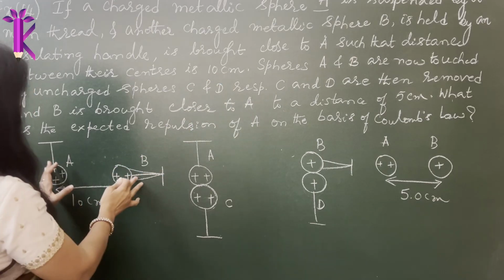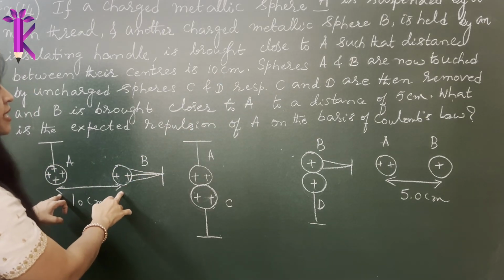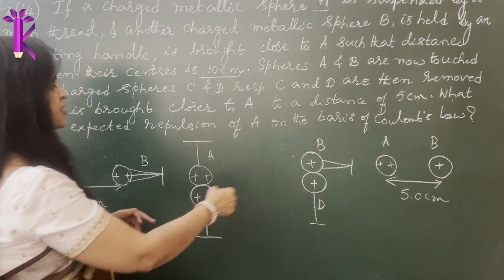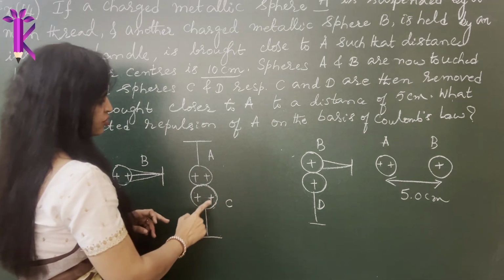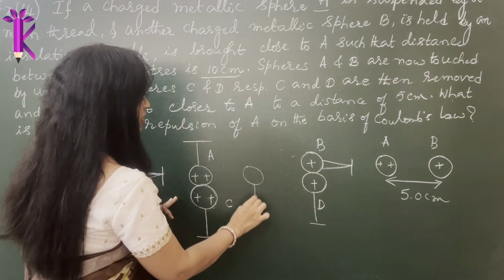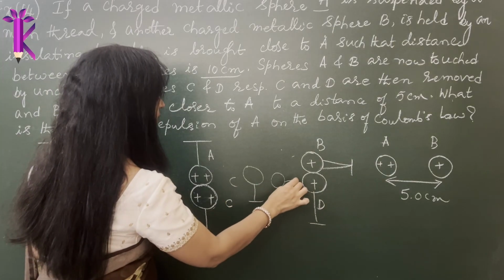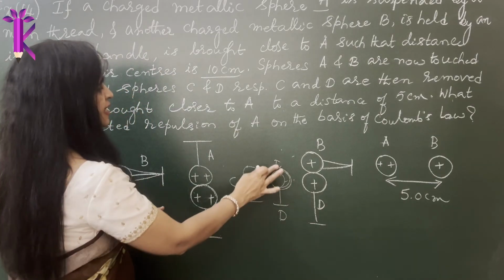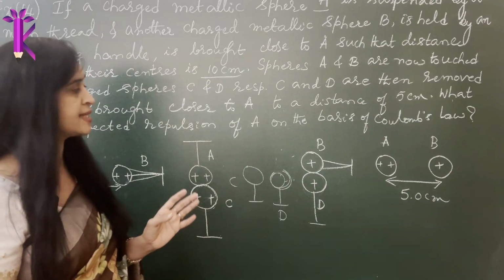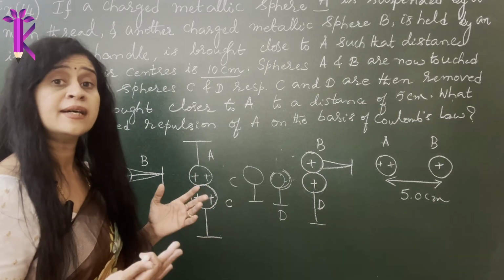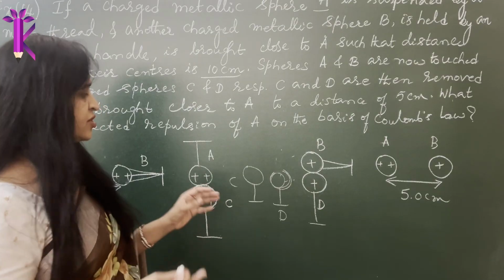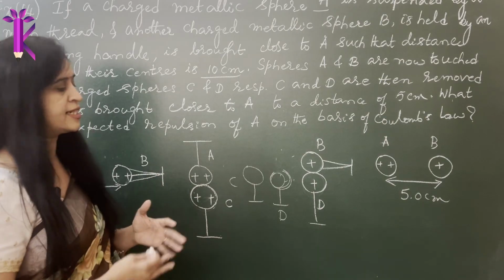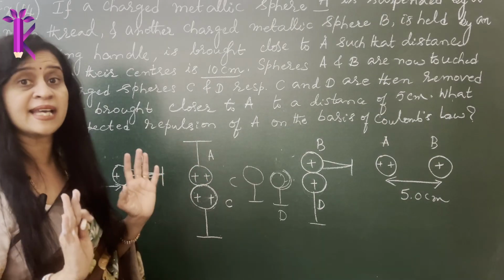They are brought close to each other, but their centers are separated by a distance of about 10 centimeter. Now what happens in the other scenario? Spheres A and B are now touched by uncharged spheres. These spheres were uncharged initially. This was the sphere C and this was the sphere D. Initially they are almost all the same in size. The size doesn't matter compared to the distance of separation between the centers, because that is how we learn about Coulomb's law. They are treated as point charges. I can't draw teeny tiny point charges, it becomes difficult to understand, hence we draw a bigger picture, but otherwise they are just point charges.